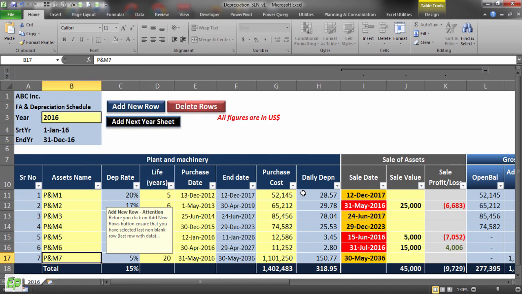So as you can see, with this model it is very easy to determine profit or loss on sale of assets. With a few entries in this model you can determine accurate profit or loss and also adjustment entries. In next section I will walk you through how to add one more year in this block. What happens if we add next year and how this model will behave in next year. We will keep these same examples in this place and we'll work accordingly.